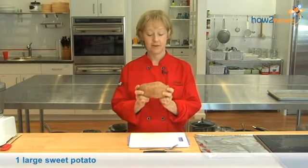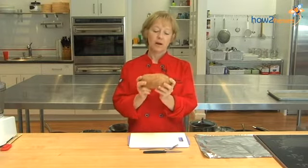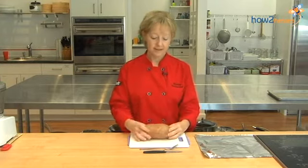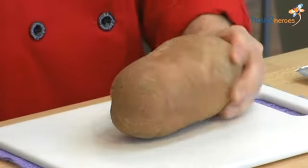The first thing we're going to do is take a sweet potato and get it ready to bake, so we can cook it and mash it and use it in our recipe. We need about a cup of mashed sweet potato, so a large sweet potato would be the best way to go. We're going to get a regular fork and prick it all over,